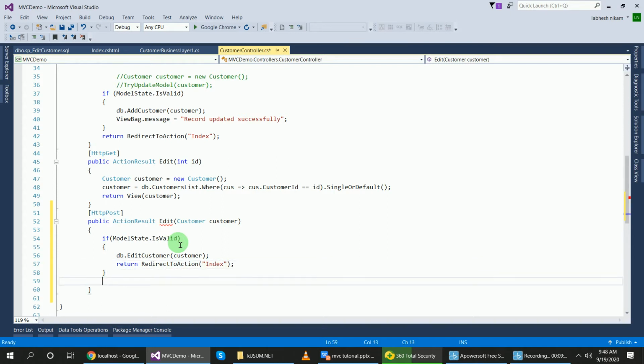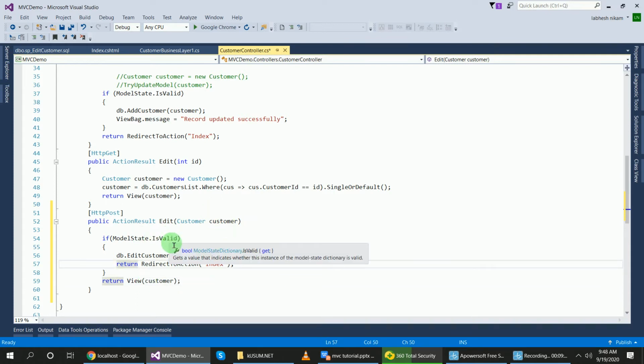And in the return View, pass the customer object. Our customer object is this one, customer, so copy it and paste here. ModelState.IsValid is a boolean property, and if it is true it will pass here and save the data. If it is false, then it will give the error.